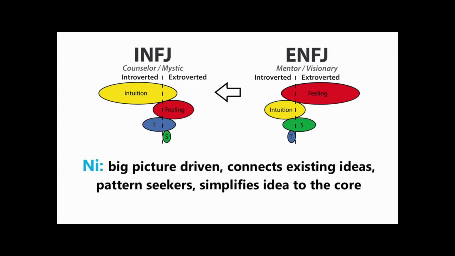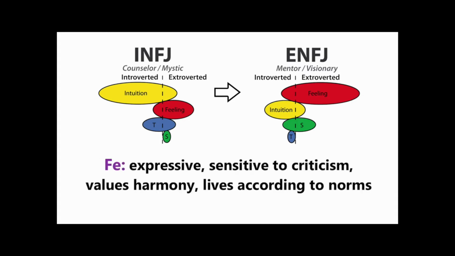The INFJ is better with perceiving, and this is due to their dominant function being NI, which is a perceiving function, and the ENFJ's dominant function is FE, which is a judging function. So the ENFJ is an actual judger, and the INFJ is a perceiving judger. Although they both have the J at the end, the ENFJ is better at making decisions because they're more